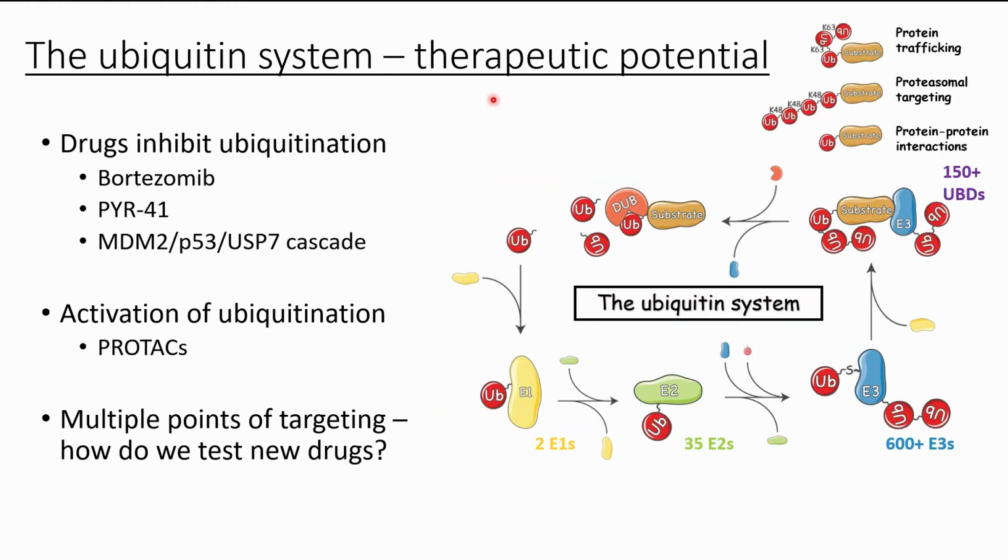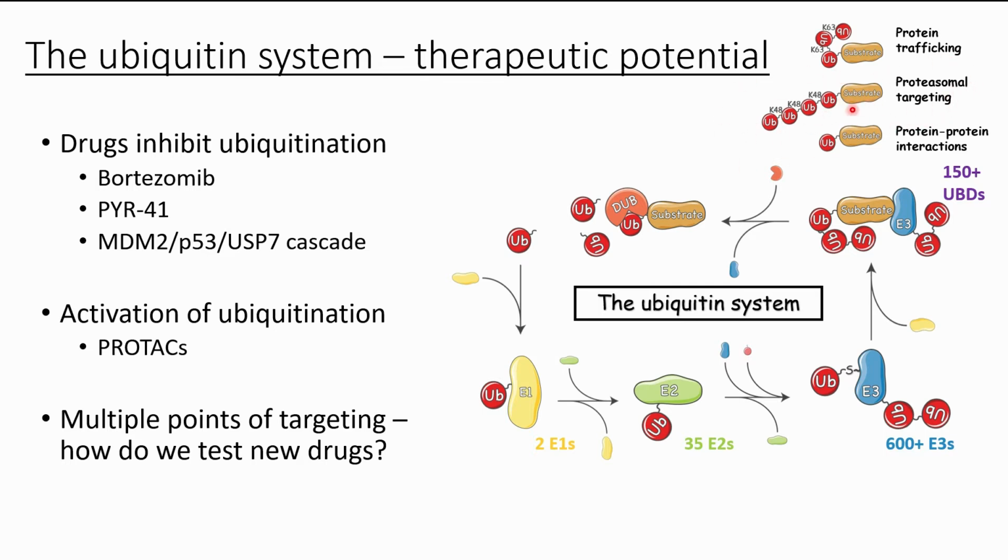Because of the extensive diseases associated with ubiquitin, there is a large therapeutic potential for the ubiquitin system. And in fact, there are already a number of drugs that target ubiquitination. For example, perhaps the most famous drug is bortezomib, which will prevent proteasomal degradation from occurring. So bortezomib essentially targets the ubiquitin pathway over here, where it prevents this K48 signal from being read out and